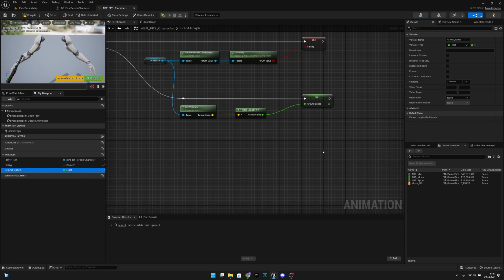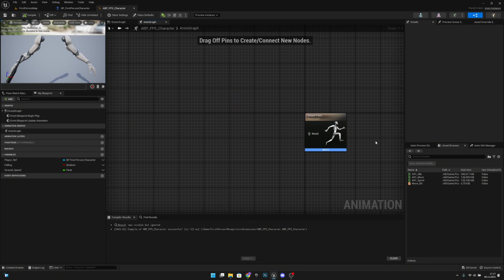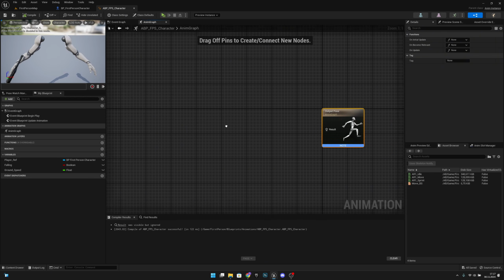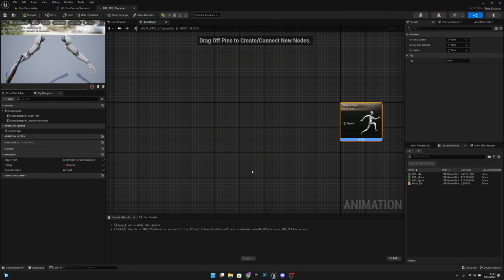Now we can compile, we can save all, and we can click here on the anim graph. If you can see it there, you will have it here. You can double click on it. Now here, this is the animation pose that will be playing, what you connect to here. Now you will have to add all the rules and stuff like that here in between. So how we can do that is simple as,